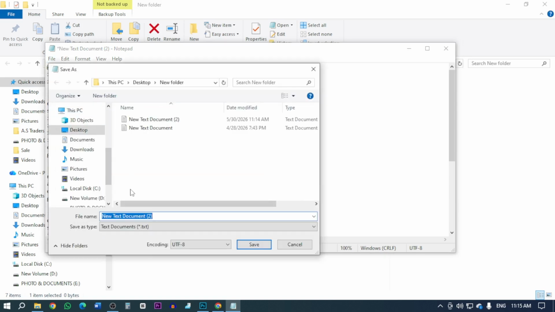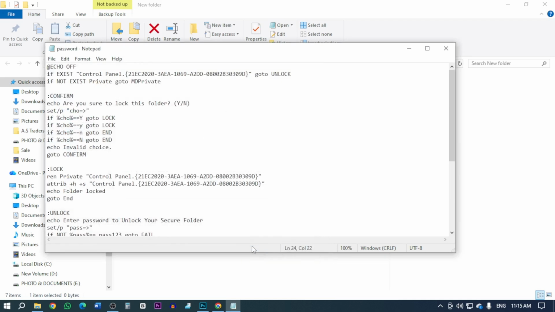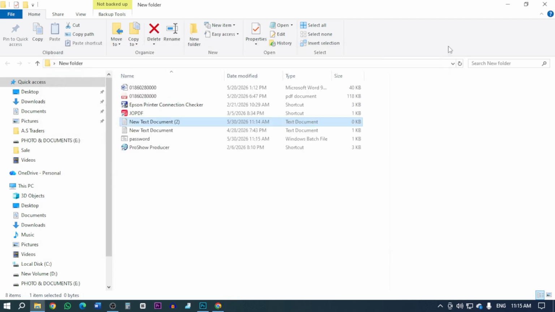Write here password dot bat, and then click to save. You can also select all files and then click to save. Close the window, and here you can see the password option. Now you can delete your text document file,